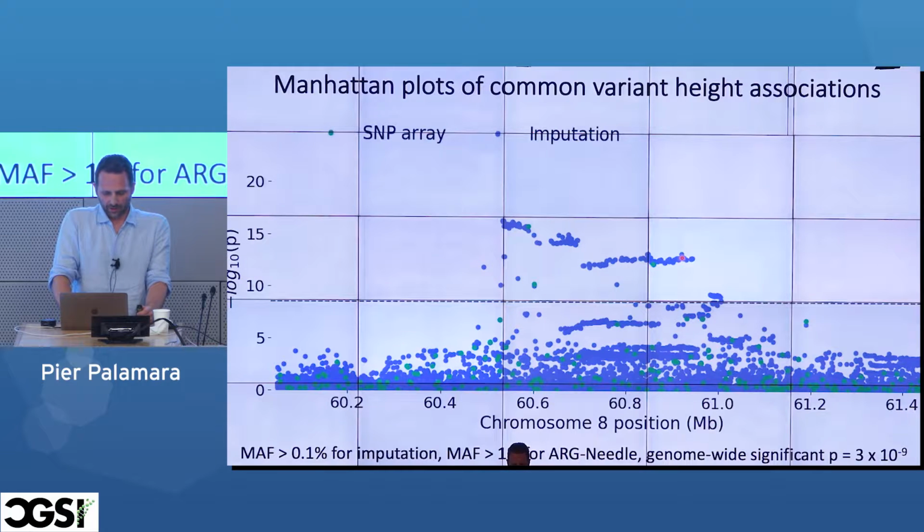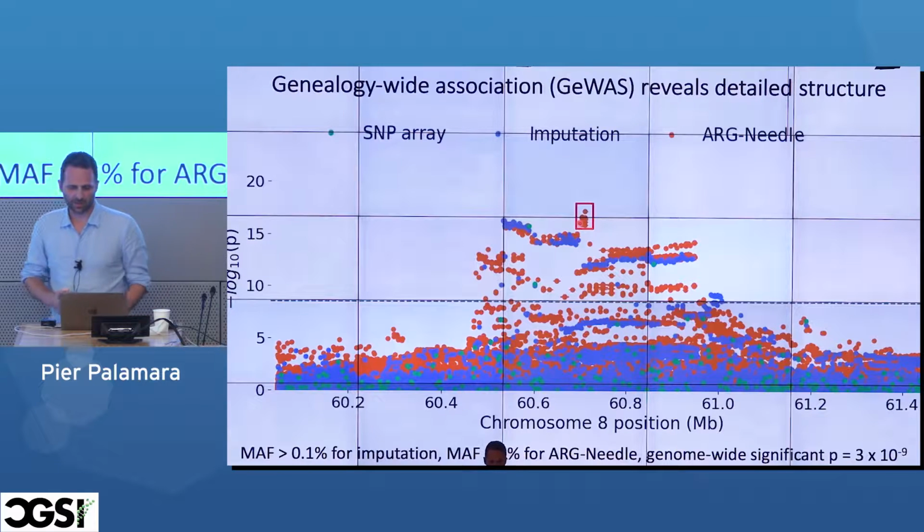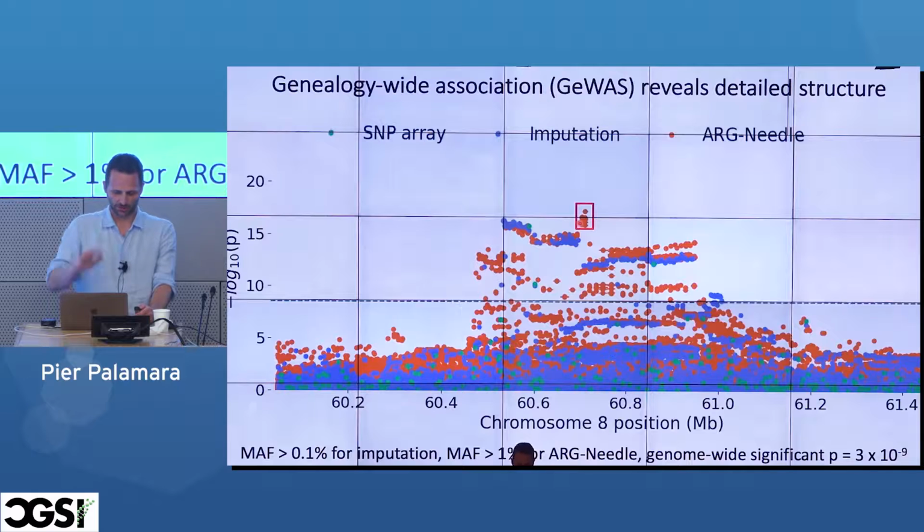Now, if we go and build the ARG, essentially you're only using the green dots, so we're not sequencing any sample as it happened for the purple data. You infer the ARG and you do genealogy-wide association. Sorry, these are the haplotypes. So this is the kind of results you see. You find the same haplotype structure that you would find if you imputed. You find the same type of plateaus and structure in a locus. And you sometimes also find these peaks, which are complementary, and they show you a bit more evidence, more structure at the locus, and they could maybe be used for fine mapping and other things. Okay, this is just to visualize what happens if you do this kind of analysis.